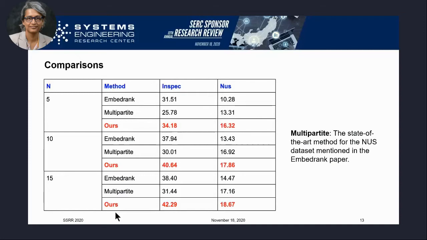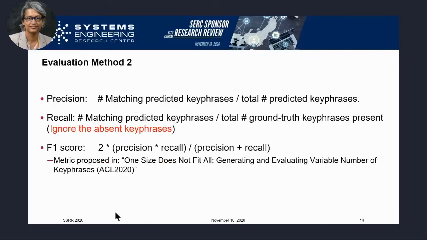Next slide, please. So this evaluation was done because, just for curiosity's sake, we wanted to see how we'd compare with a supervised key phrase extraction. Now, supervised learning is always going to give you better results than unsupervised learning. That's how it works.